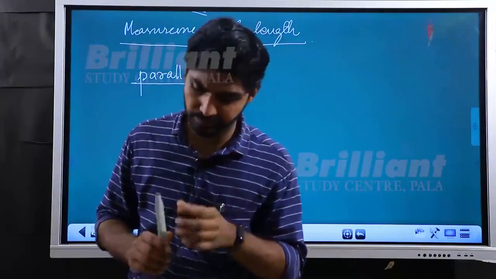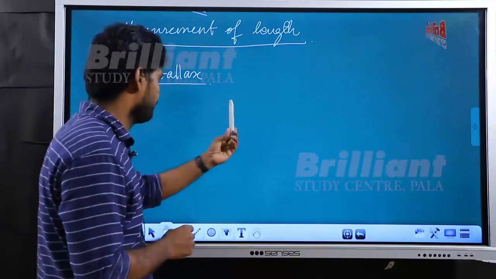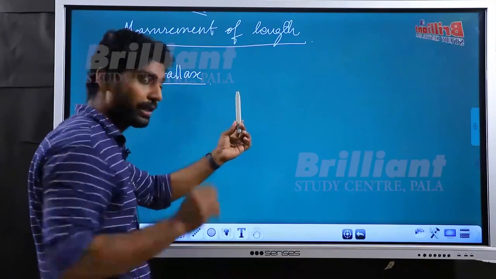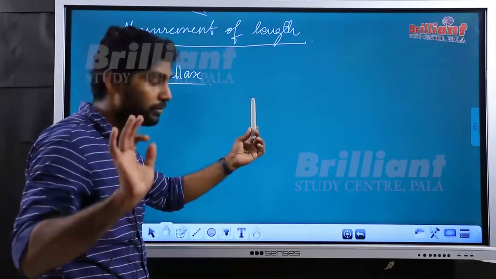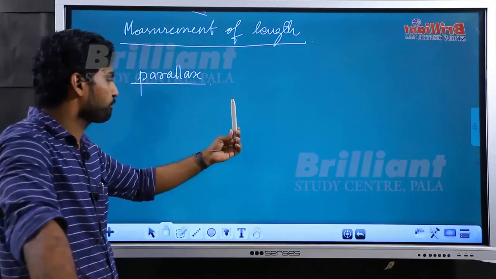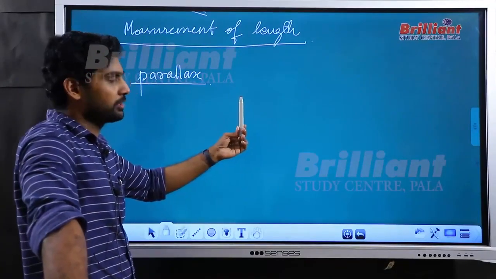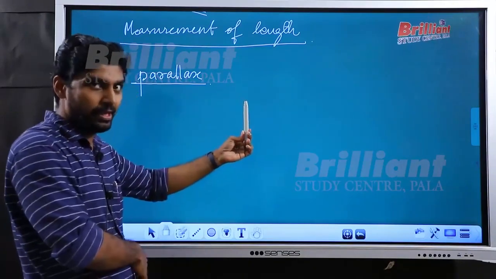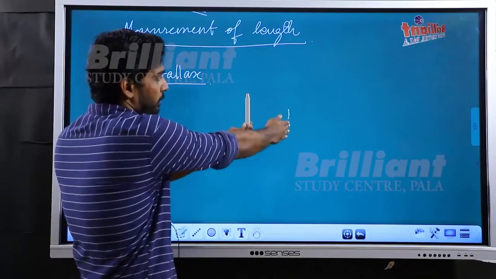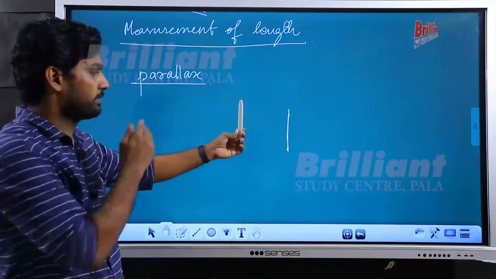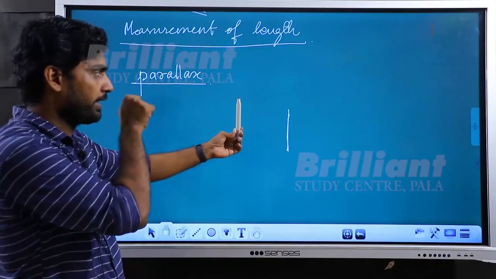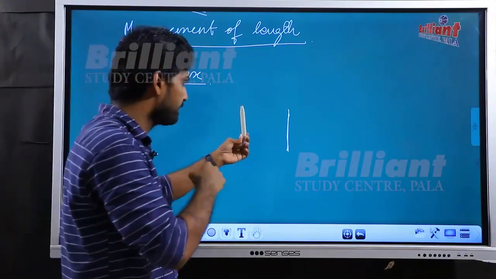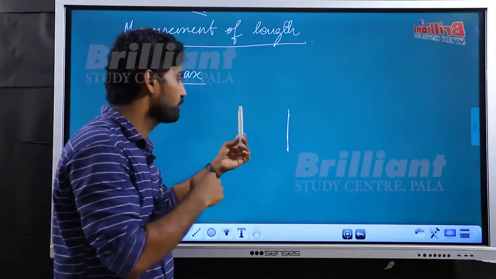Suppose I take this object over here. I am looking at this object and on the background I can see the board. So you'll have to pay attention here, please. So I am looking at this object, and on the background I am making a line. So exactly behind this pen I can see that line. Is that clear? Now by keeping the position of the pen same,